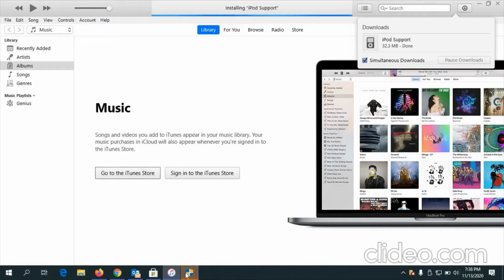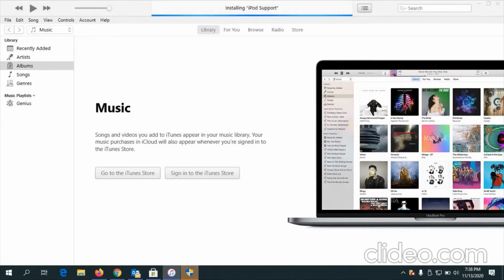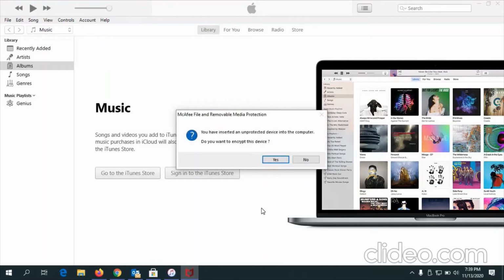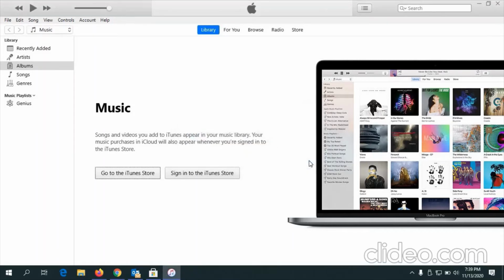Okay, here this is the Windows iPod support. Just give it a yes, and it's installing. Okay, it's waiting. Let's wait. It's installing iPod support. Okay, so it's connected. Your iPod will be ejected and it will be connected automatically because it has to take it. Okay, it will automatically eject and take it.